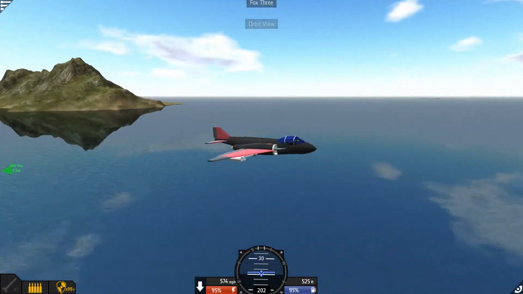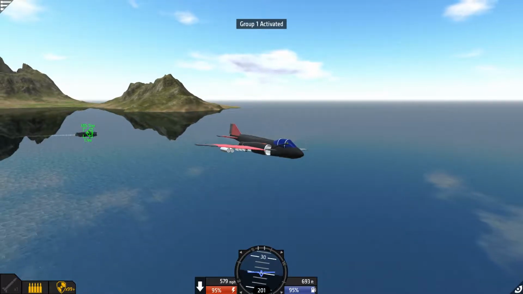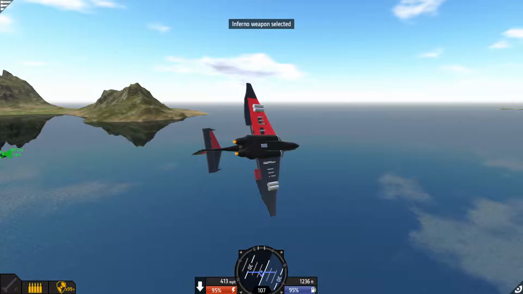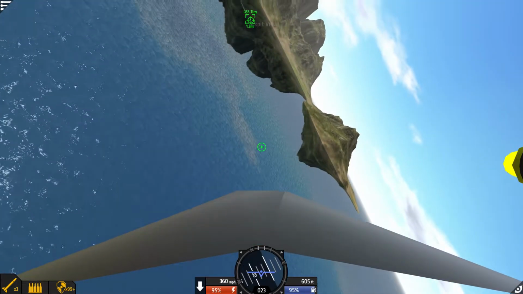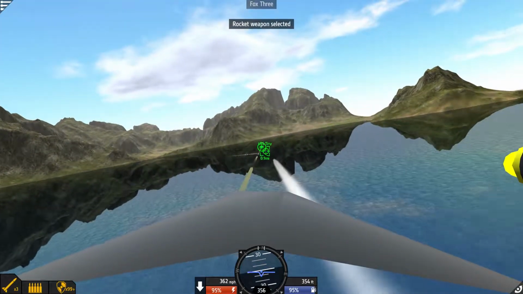Good hits, but missiles missed for some reason. Should probably start popping flaps. Use the remaining 3 rockets. Any rocket pods left? Nope. Just 3 rockets in an Inferno. 2 Infernos, I think. Nope, just 1. We'll fire that off, and